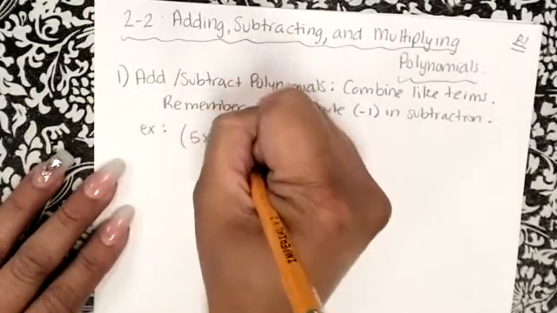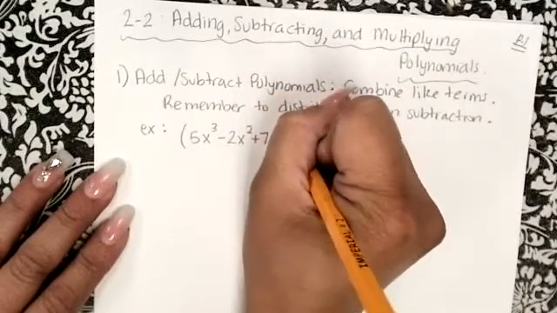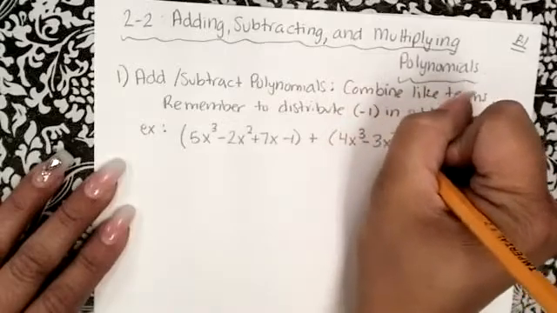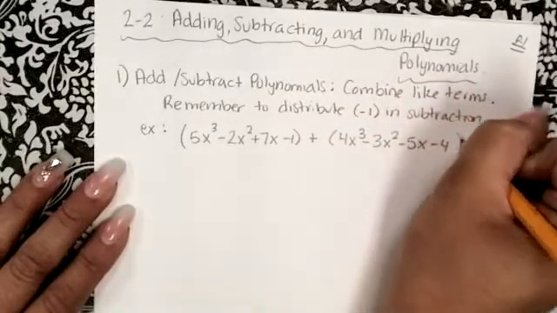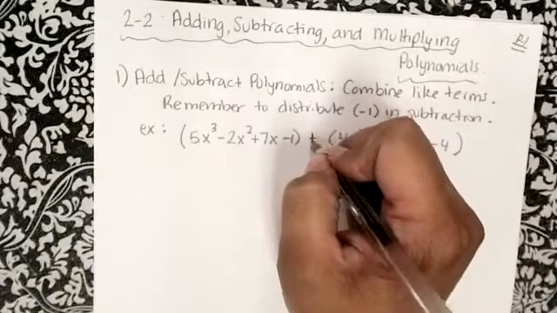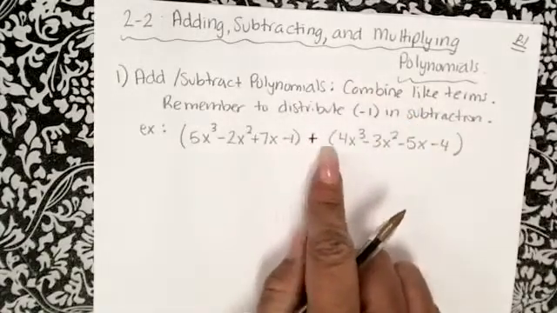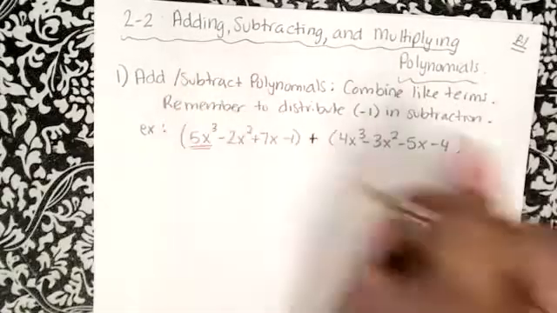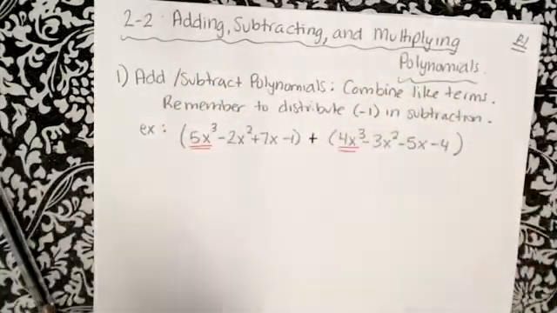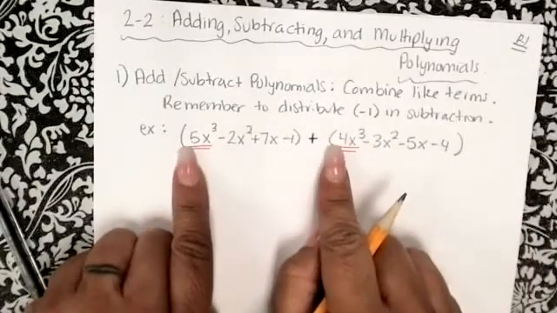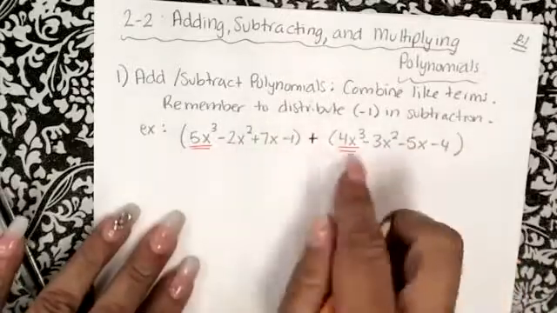5x cubed minus 2x squared plus 7x minus 1 plus 4x cubed minus 3x squared minus 5x minus 4. You want to make sure you are combining like terms. Always pay attention to the symbol in between. Right here, I'm adding, so I don't need to worry about distributing a negative inside the second polynomial. So first I have an x cubed. I'm going to put that with the x cubed. So 4x cubed plus 5x cubed. You're going to keep the x cubed. You just add the coefficients in the front. So 5 plus 4 is going to be a 9x